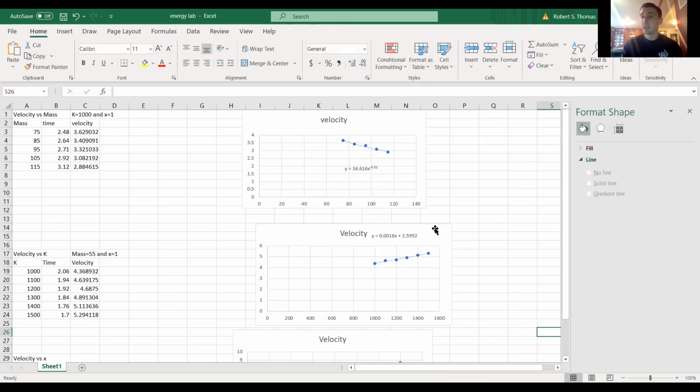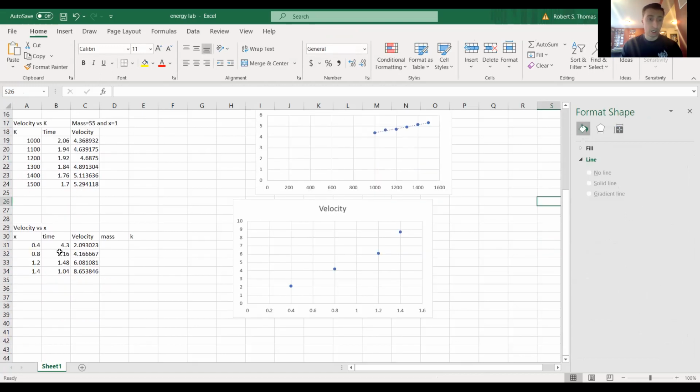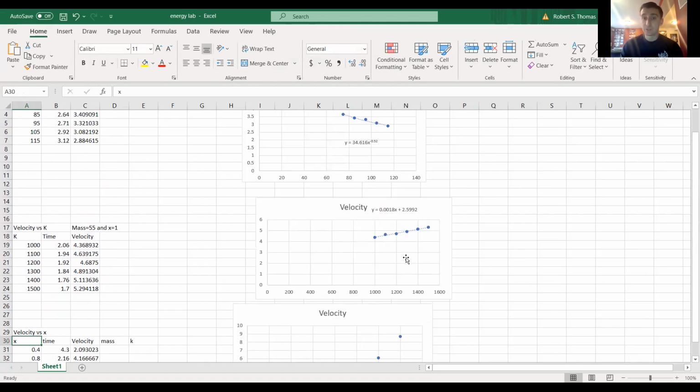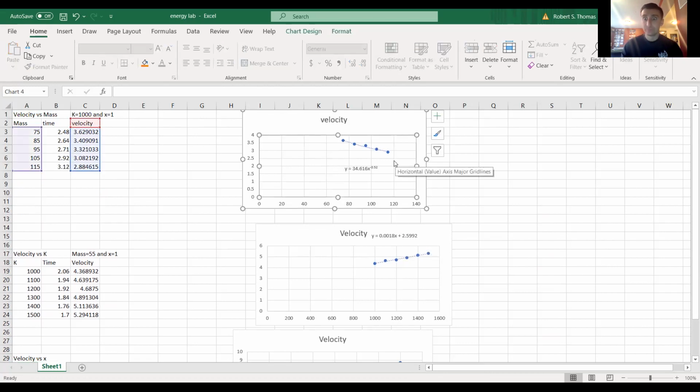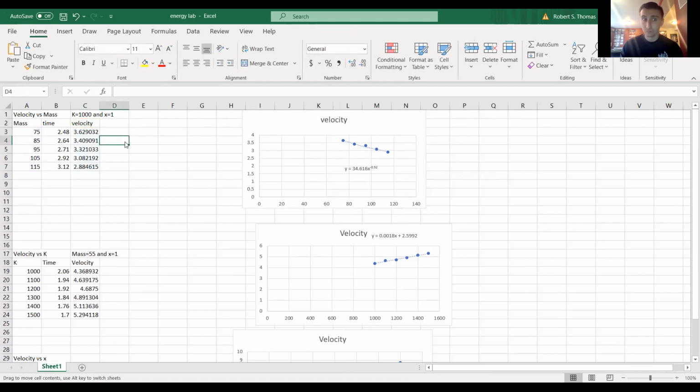Okay, yeah. And then you're going to do the same thing for spring displacement, right? Okay, and then once you get that, that's your 3 graphs. You have to linearize one of the graphs, this one if you didn't get the hint by now. Okay, so there's how you do the data. Let's go back to the